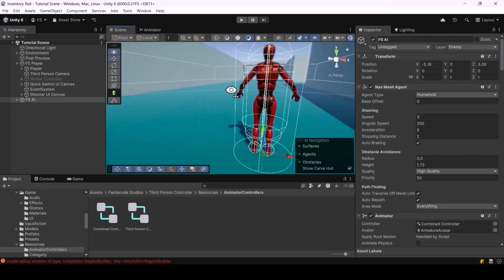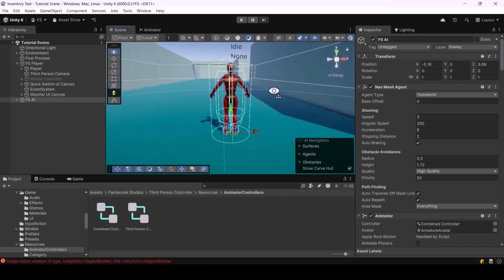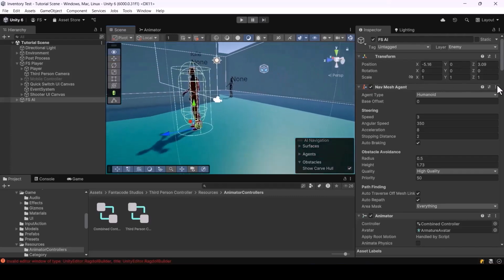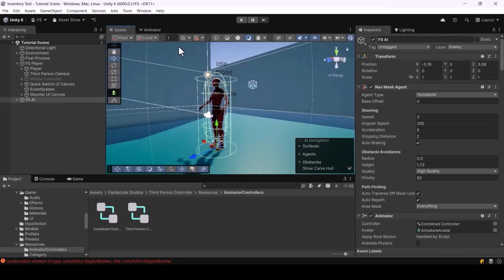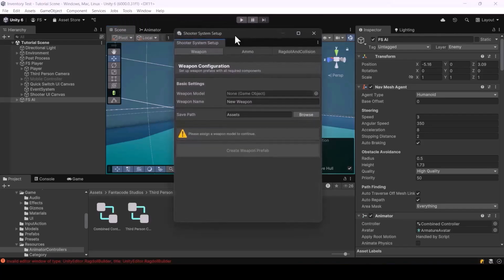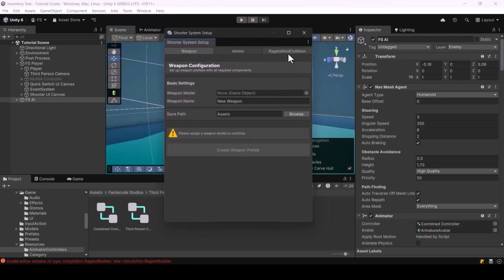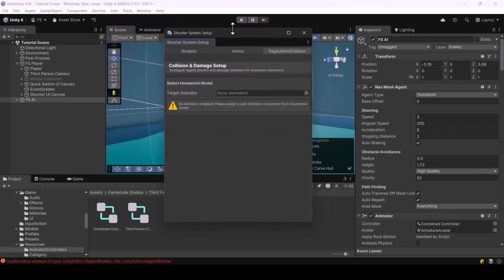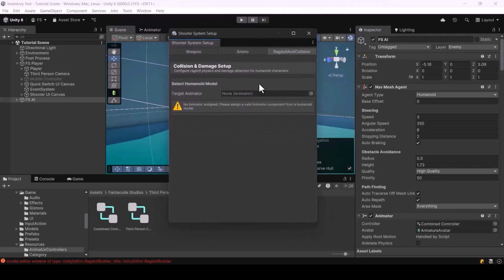So we should only be able to shoot the body parts of the enemy. To do that, we can set up colliders on all the body parts of the enemy. We have also created an editor to simplify this process. So let me open the shooter prefab and collision setup window, and from here, I'll select Ragdoll and collision. Adding colliders to the body parts of the character can be useful for both taking damage and also for